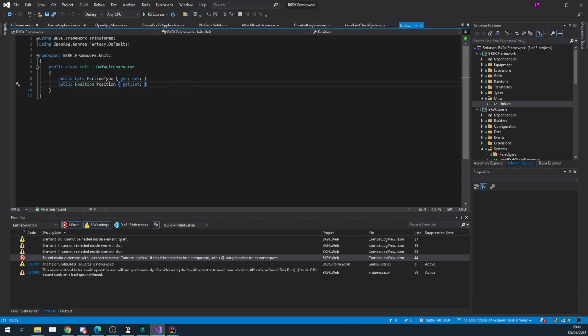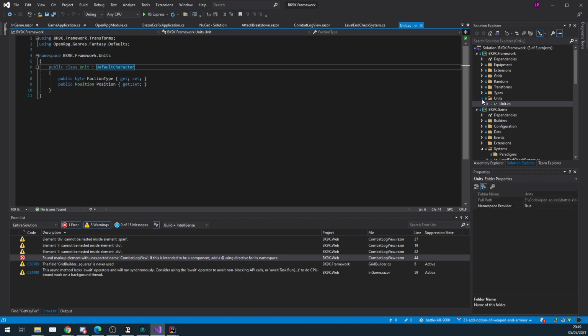So let's jump back into here. Where would I go? Right, okay, I'm going to need to make an item repository. Let's have a look if there's one in the...